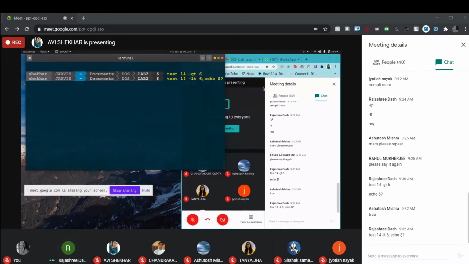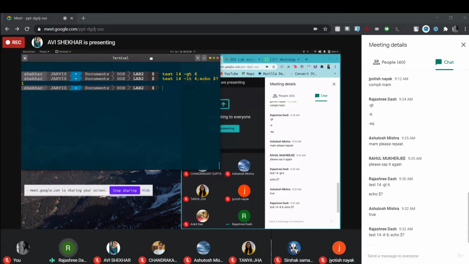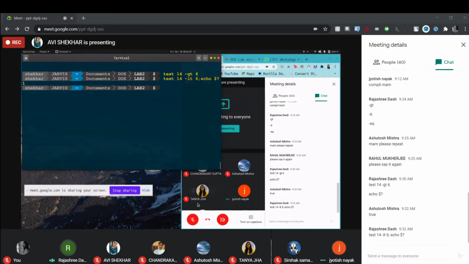So just check what output it has given you. 14 less than 6, 1. What is the meaning of 1 here? False.